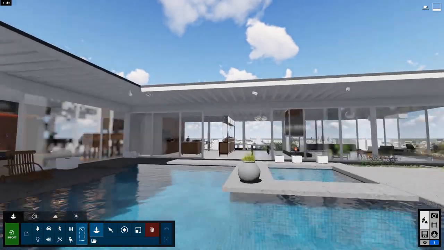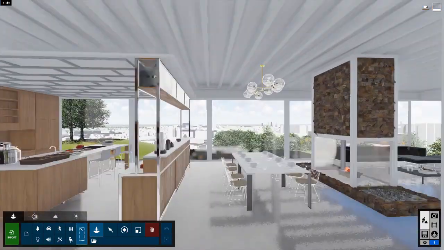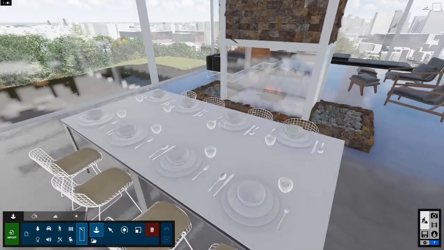In Lumion 9, moving objects has also gotten easier. In this tutorial, we're going to take a look at some strategies for making better selections. We're going to explore making precise moves and rotations, and then we're going to review some of the keyboard shortcuts that are going to save you a ton of time. Let's get to it. All right, so let's navigate over to our dining room table and talk about making selections.